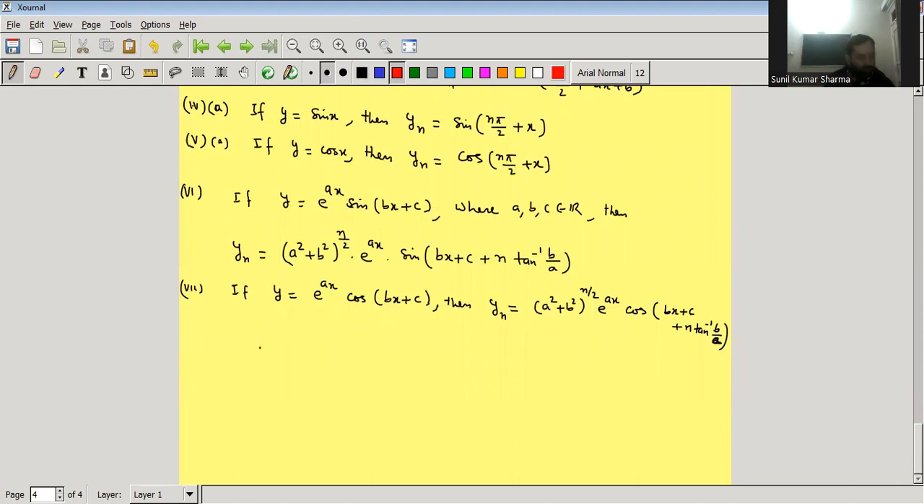So let us discuss Leibnitz's theorem. This theorem is very important from the point of view of successive differentiation. The statement is, if we have two functions u and v